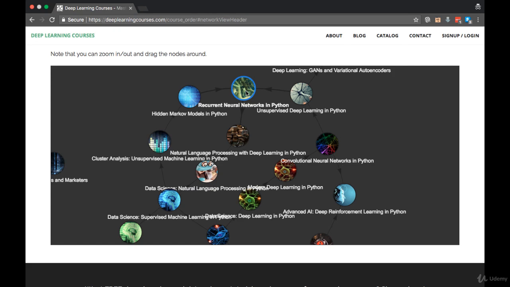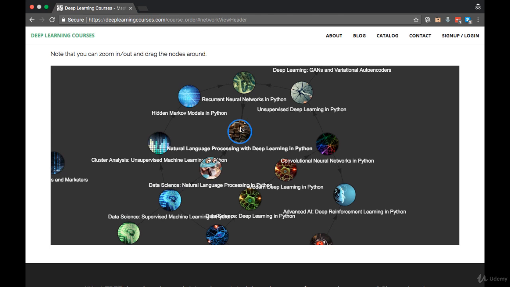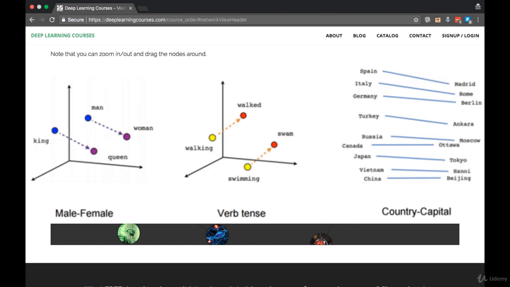Once we've studied RNNs, we can go even deeper into how deep learning can be used on text. That's the next course, Natural Language Processing with Deep Learning in Python, or Deep Learning in Python Part 6. In this course, we look at a very important concept called word embeddings. These allow us to turn words, which are categorical variables, into vectors, which are numbers that a neural network can